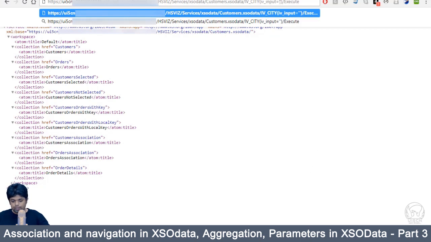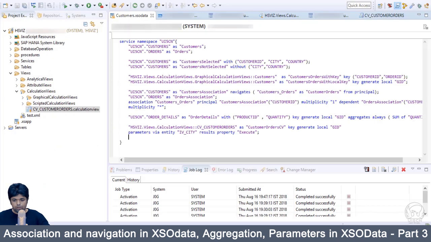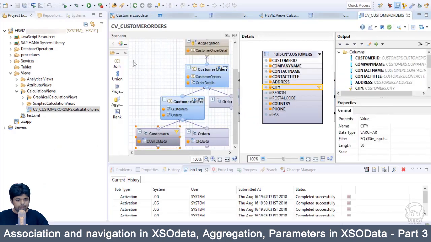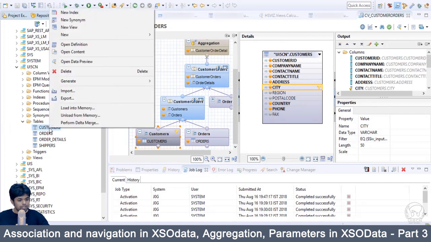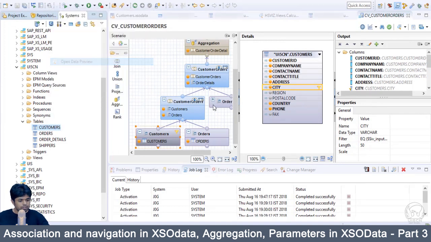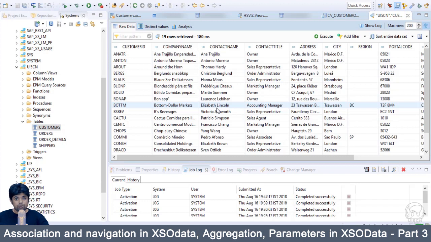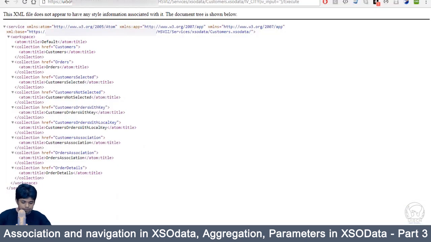So for that, let us open the contents of the customers table to see which parameter we can send as an input parameter. So in here there is a London city name, so we are going to define London here